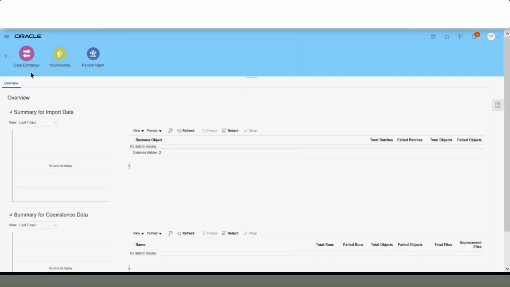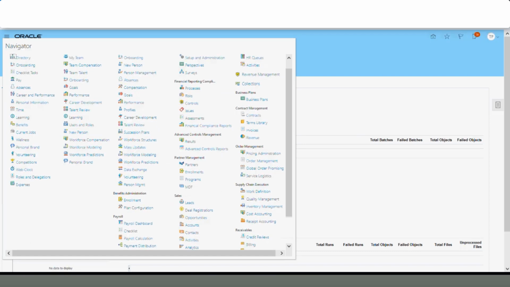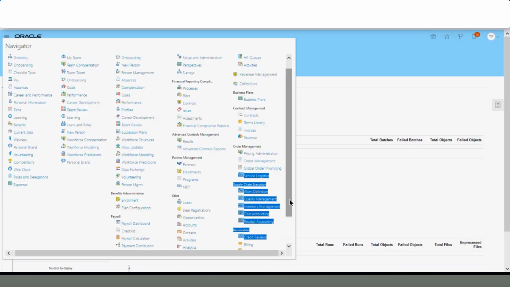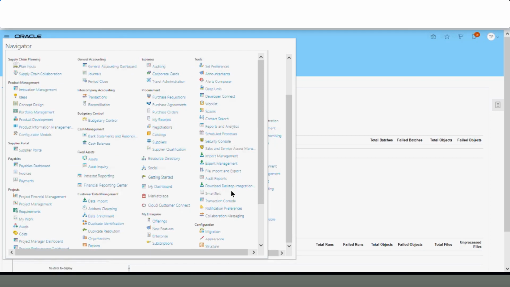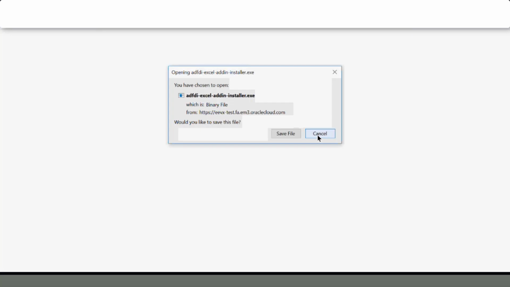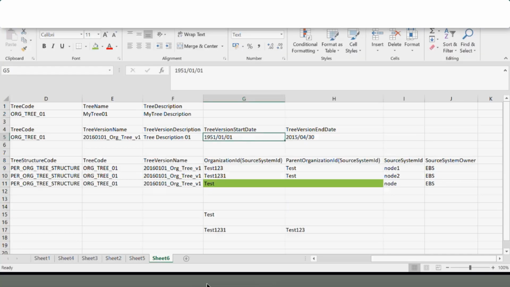Okay, so I'm going to Navigator. Under Tools, we have an option to download Desktop Integrator Installer. Just download this installer to your local machine. I have already done this and installed it. I have downloaded it into my machine and added these add-ins to my Excel sheet.